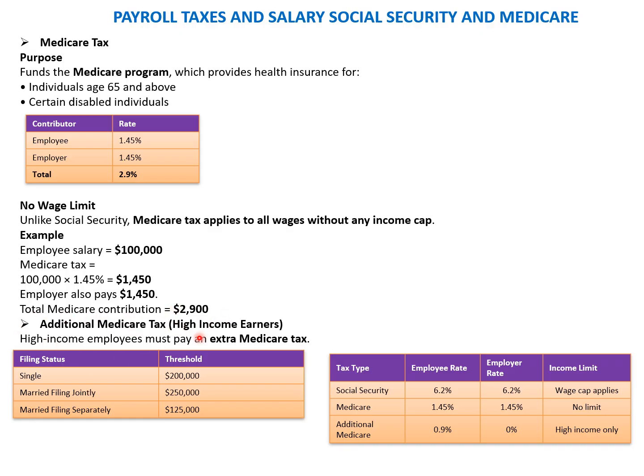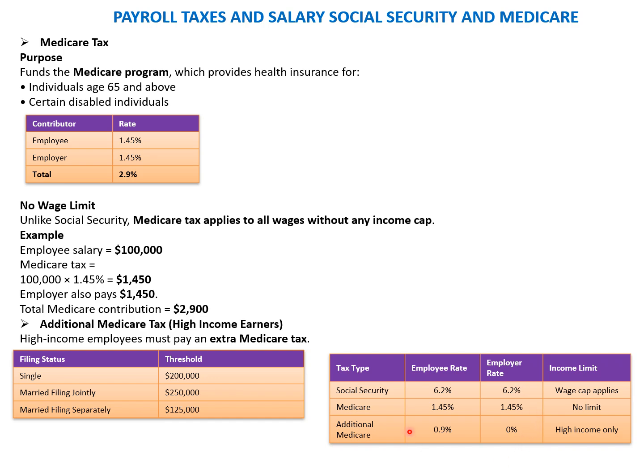Additional Medicare tax is applicable if you are a high income earner. For single filers the threshold limit is 2 lakh, for married filing jointly it is 250,000, and for married filing separately it is 125,000. If you have income above these limits, and your filing status is single, married filing jointly, or married filing separately, then you are subject to another 0.9% tax, which is the additional Medicare tax. Employers do not contribute to this additional rate.